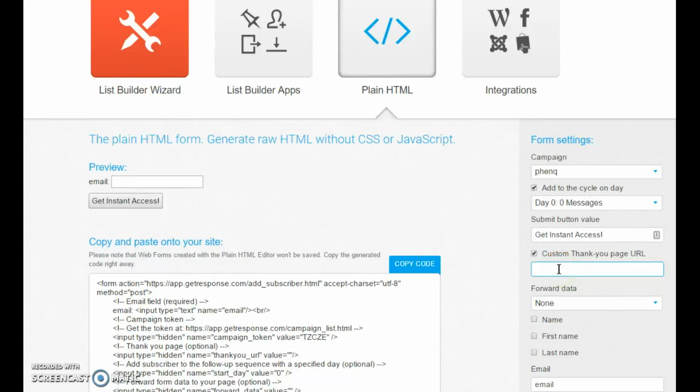And then change this, and then use your custom thank you page. This is very important. Make sure that when you get to this blank right here, you actually check the custom thank you page. And this is your thank you page that you are going to build in the next step. So your URL is your website,